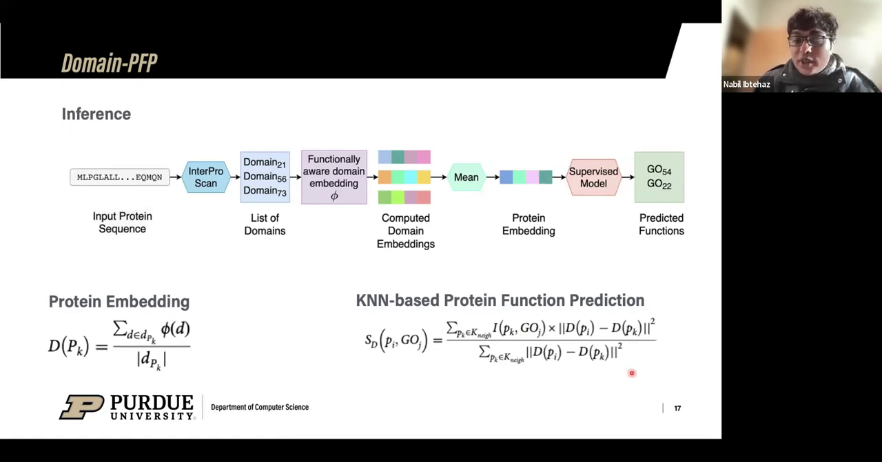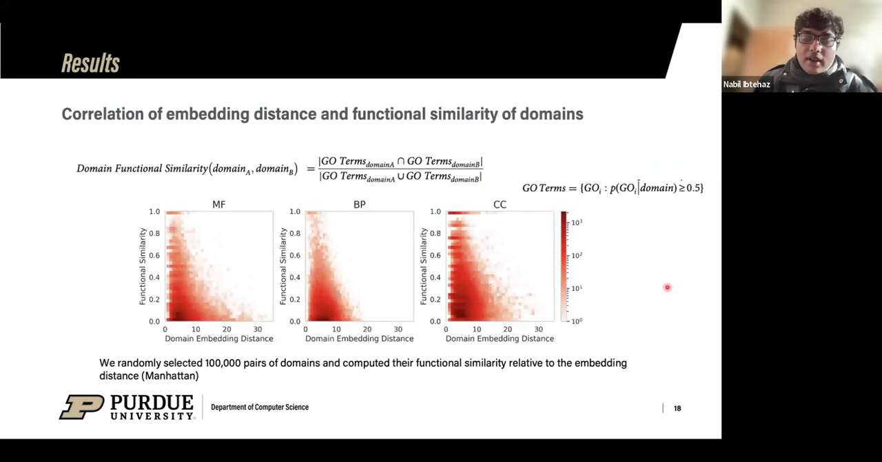Now we need to validate whether our domain embeddings are functionally informed or not. One easy way to evaluate that would be to see if the domains that are nearby in the vector space have similar functions or not. So we define a kind of domain functional similarity between two domains, which will be the Jaccard index between the GO terms of two domains. The Jaccard index is simply intersection over union, and we consider all the GO terms for which this conditional probability is greater than 0.5. Once we have this kind of rough understanding of domain functional similarity, we randomly selected 100,000